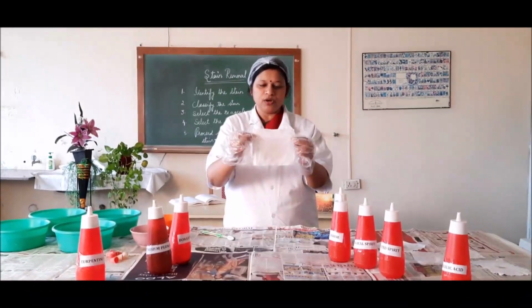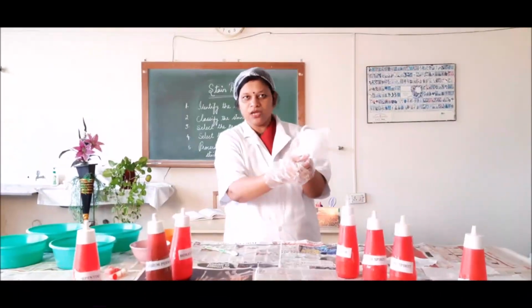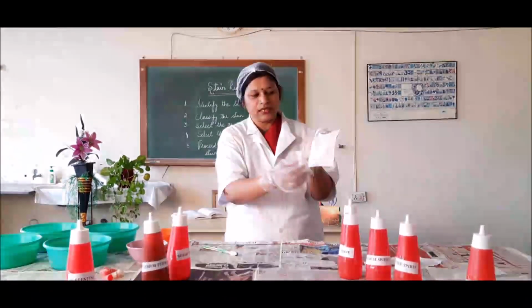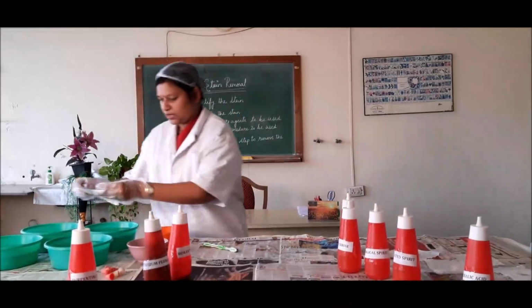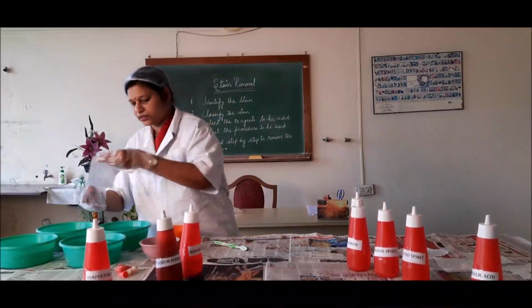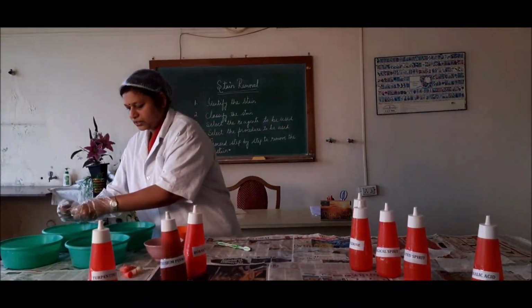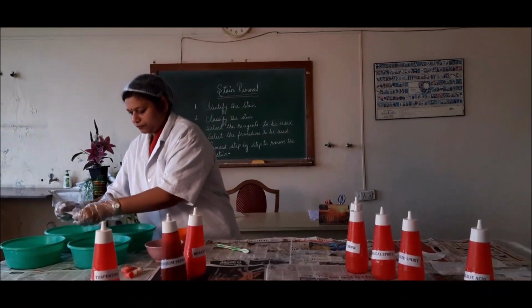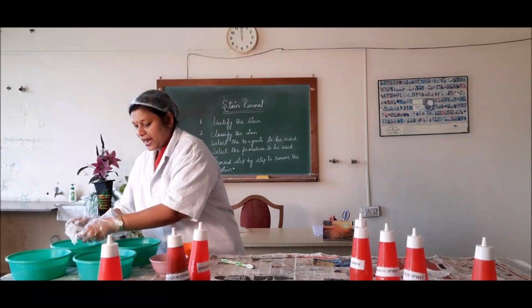Applied the acetone and the stain is totally gone without damaging the fabric. We could achieve the task. Now what am I going to do? I just dip it in detergent water. As I mentioned already, this bowl is with detergent water. Dip it carefully, wash it, rub it carefully, and care has to be taken also while handling the type